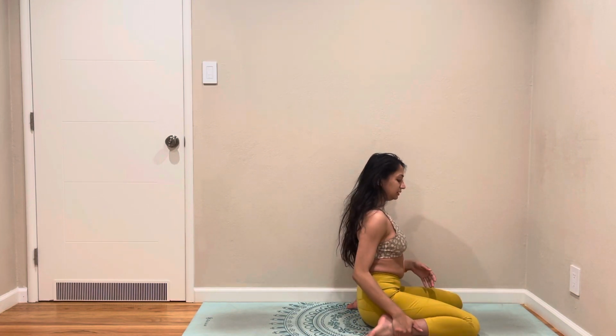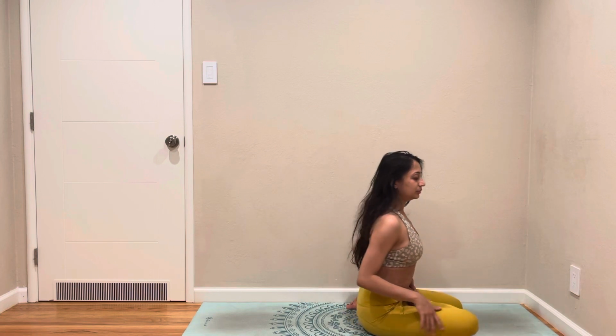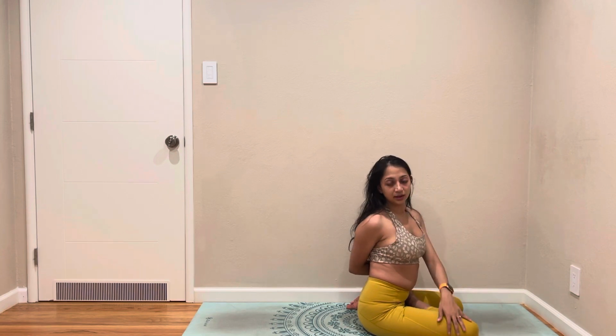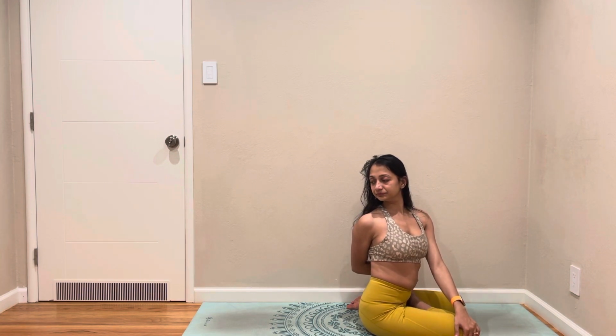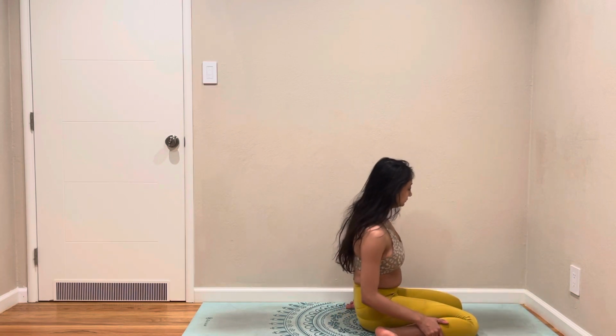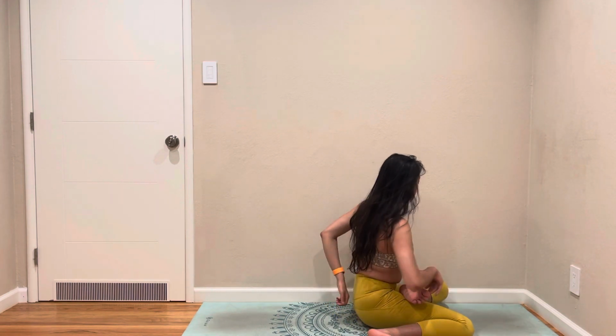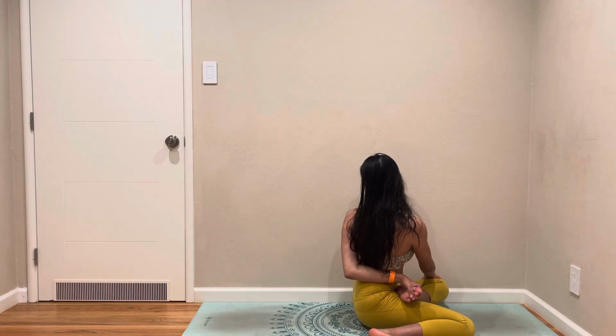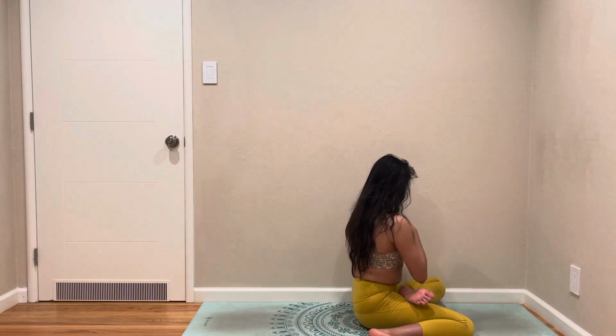Since we're in Virasana already, let's free one of our legs. Come to half lotus, half heroes, and add a nice gentle twist. Come face forward, change your leg. Look back. Coming back to the center, now we're gonna come to